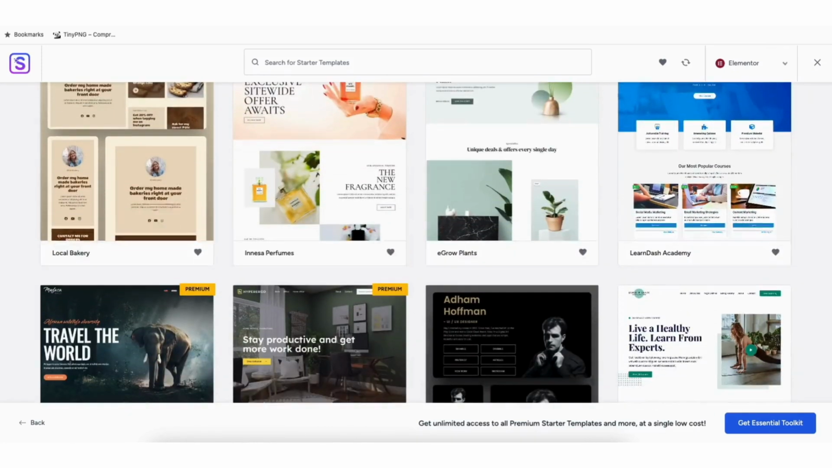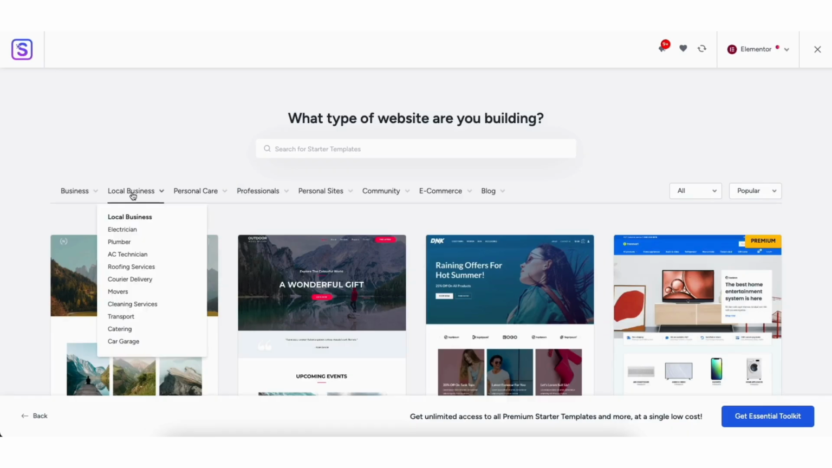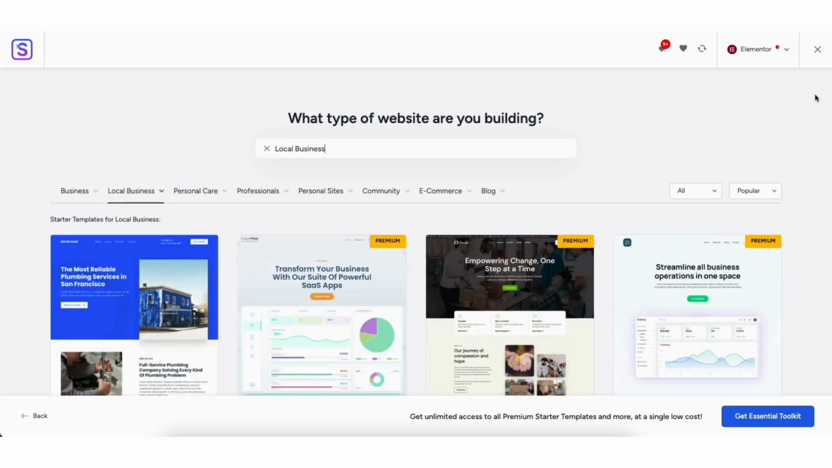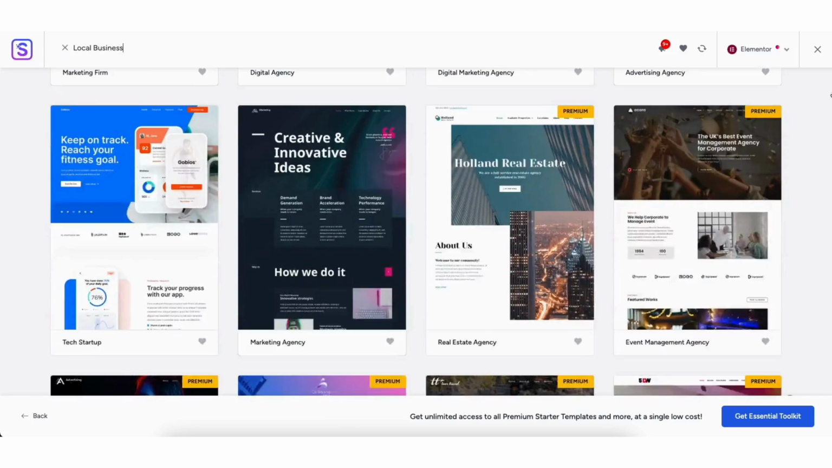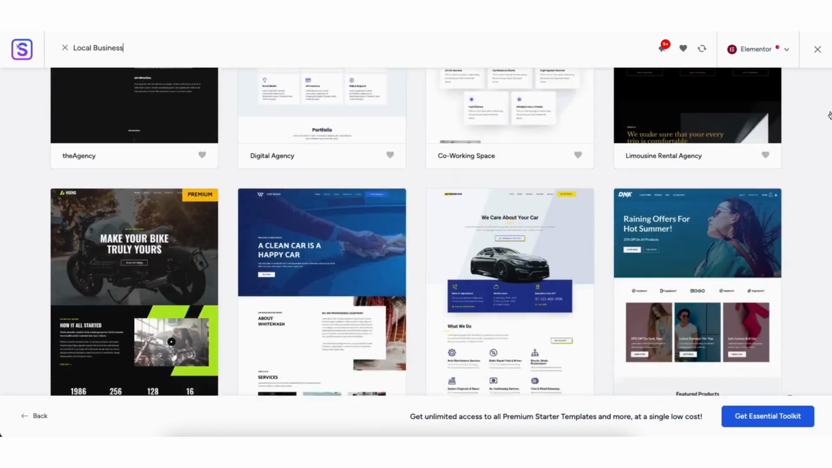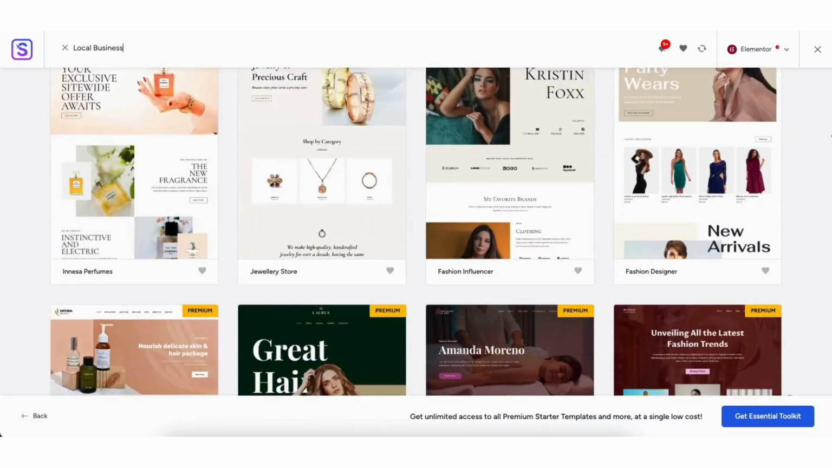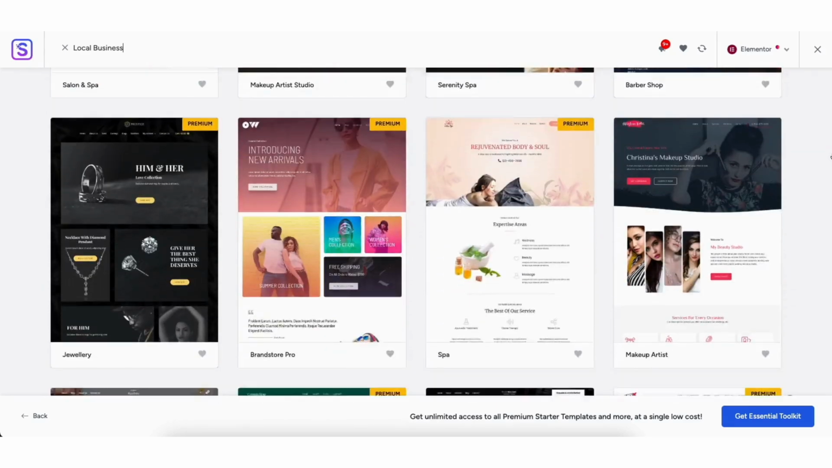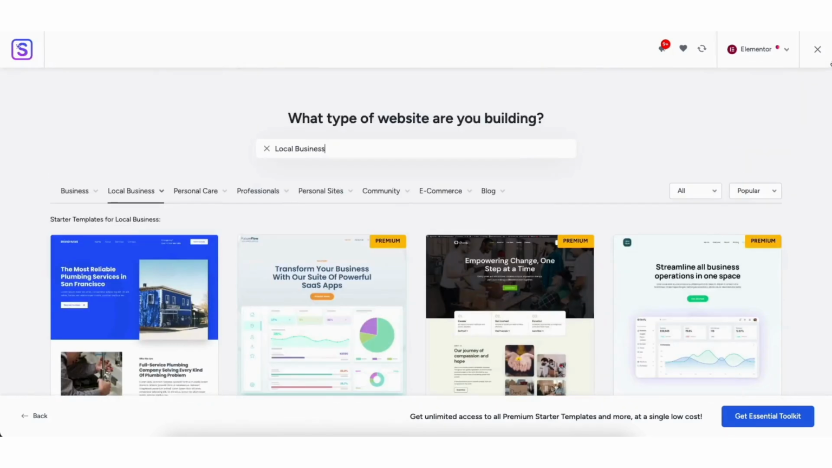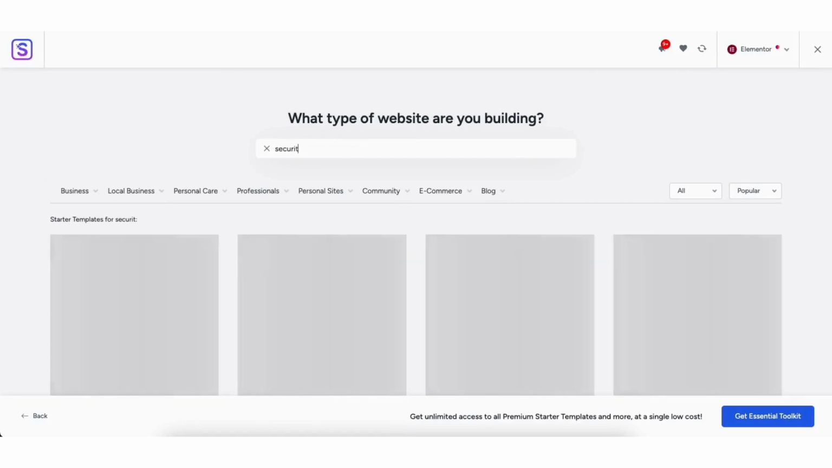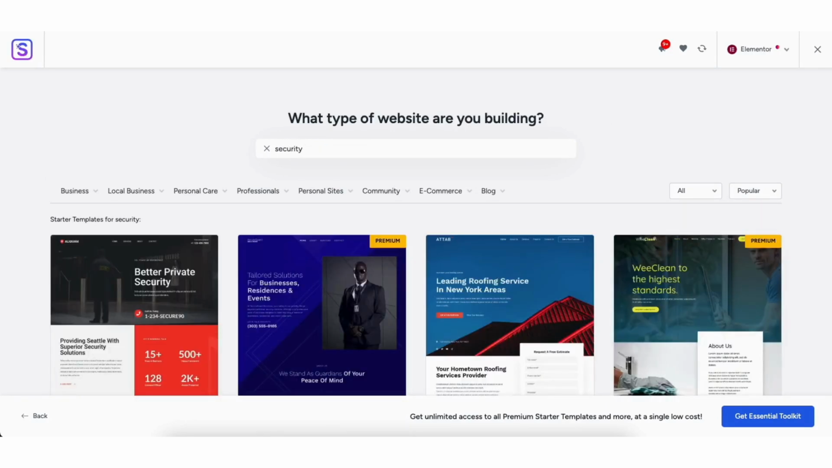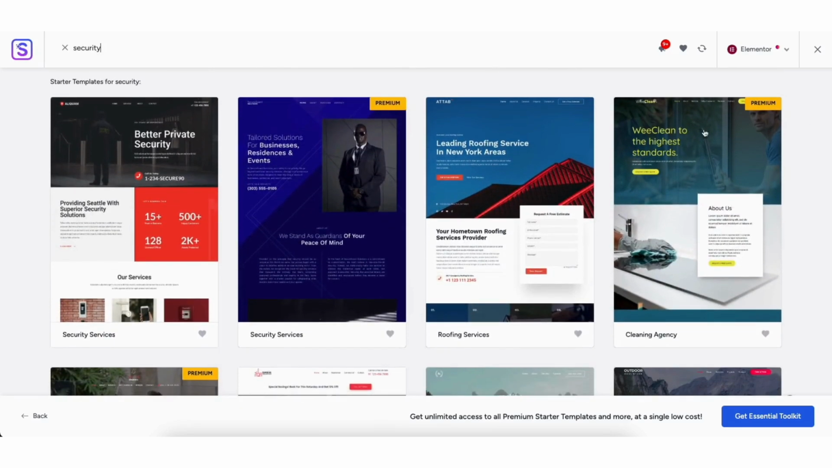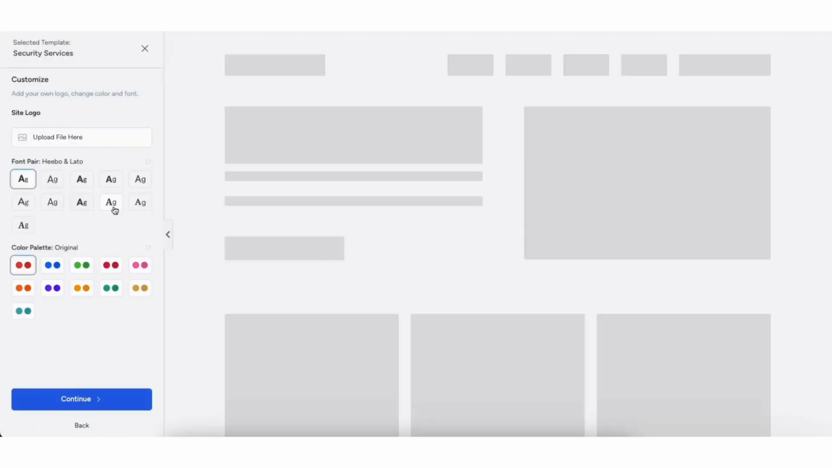template is in. If you click the Local Business category, you'll see a bunch of templates that are great for security services websites. There are a lot of great templates to choose from under this category. If you go up to the search field at the top, type in security. You'll see this security services template showing here. I'll choose this template for this tutorial, and then we'll make it our own to be our own security services